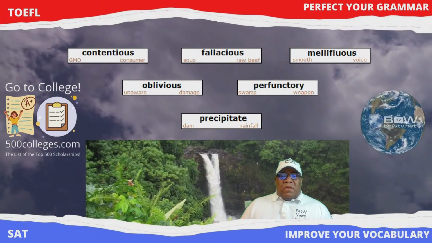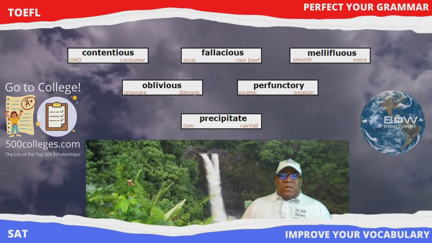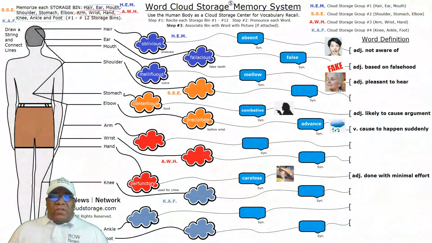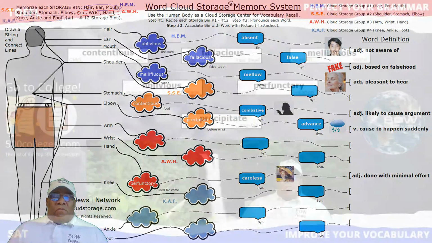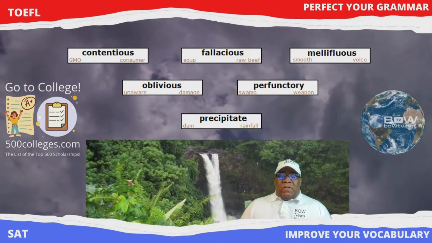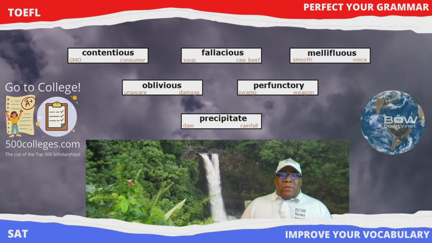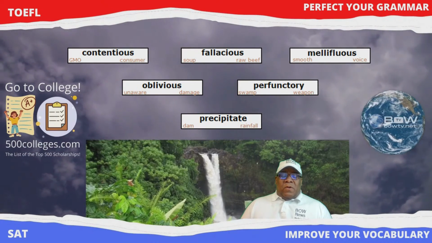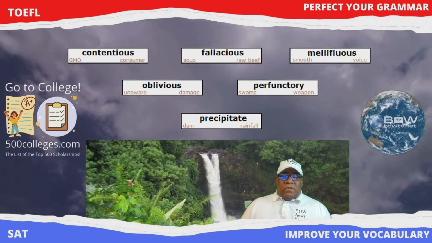And there's the other thing too: when you recall these words in this format, you'll also remember their picture to word association, and that will be a map back to the synonym, and that will most likely trigger your memory for remembering which storage bin it's actually used. So there are different triggers. We see oblivious, unaware, damage, and that had to do with unaware of the damage with respect to